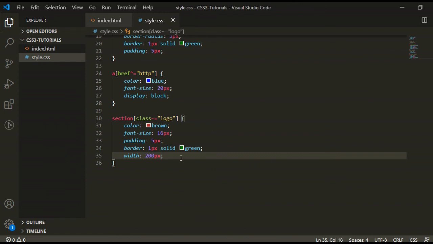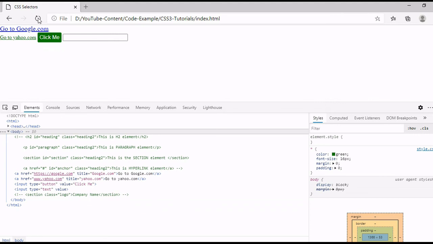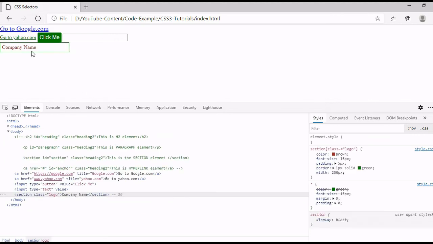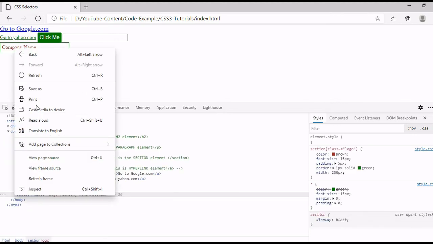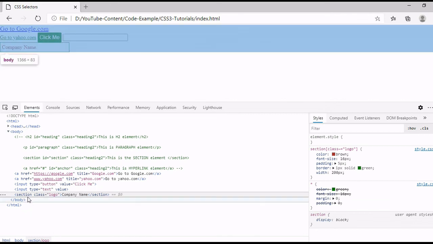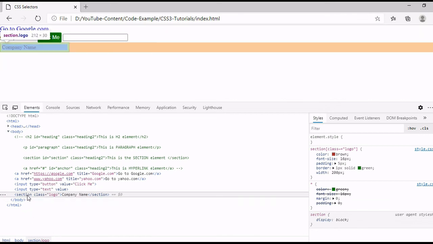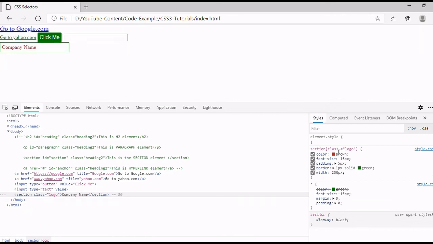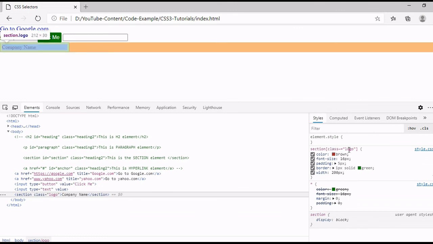So let's see in the browser. Here you can see our section element. All the CSS has been applied when this section has the attribute class with the value logo.